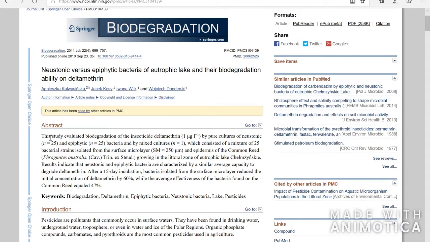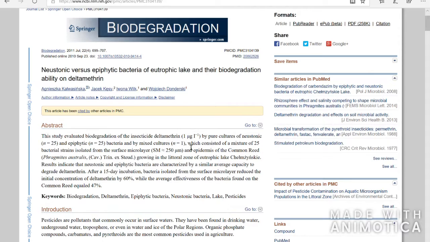So let's read together. This study evaluated biodegradation of the insecticide deltamethrin. Okay, so first thing we know is deltamethrin is an insecticide. It kills insects. Okay, this is the concentration by pure cultures of. So the study evaluated biodegradation of insecticide deltamethrin by pure cultures of neustonic and epiphytic bacteria and by mixed cultures. So they're measuring the degradation of this by this kind of bacteria and this kind of bacteria, and when they're